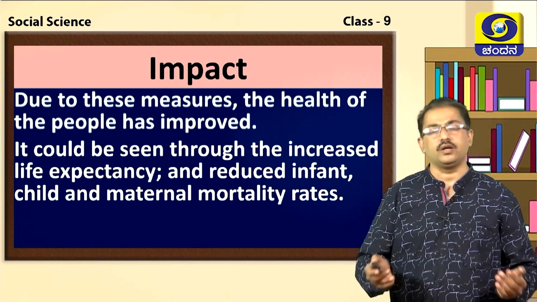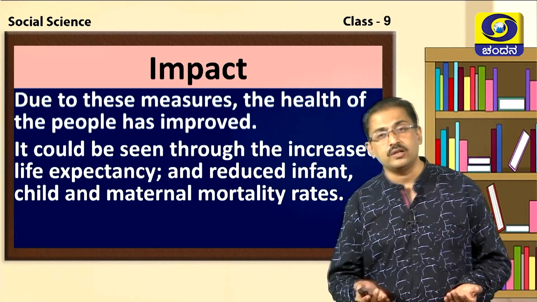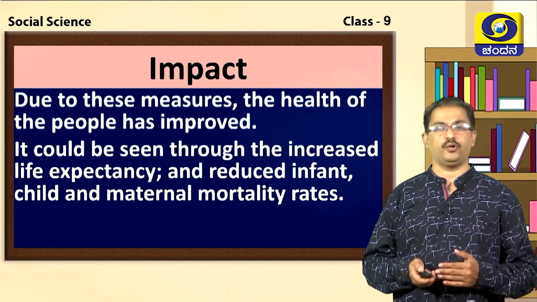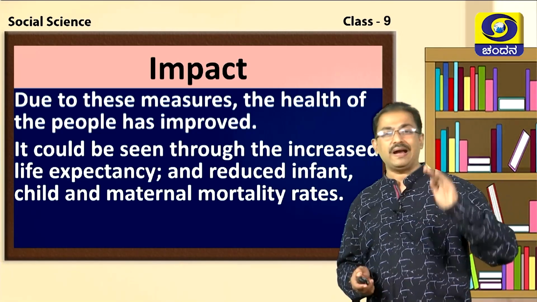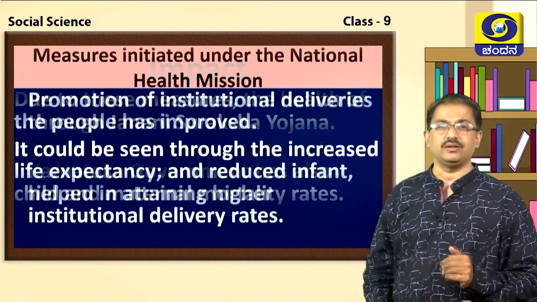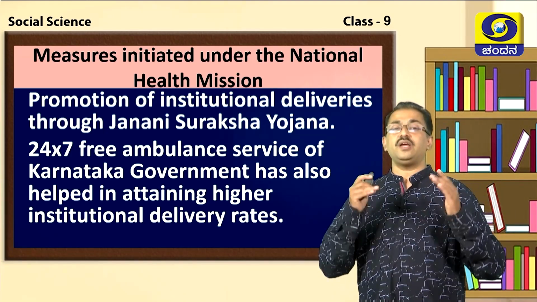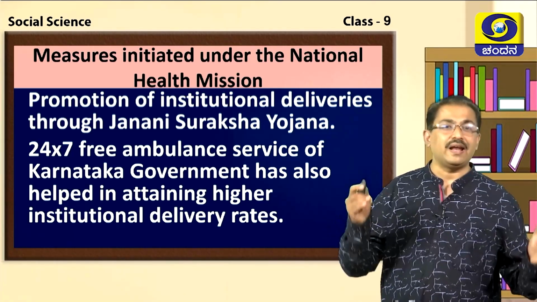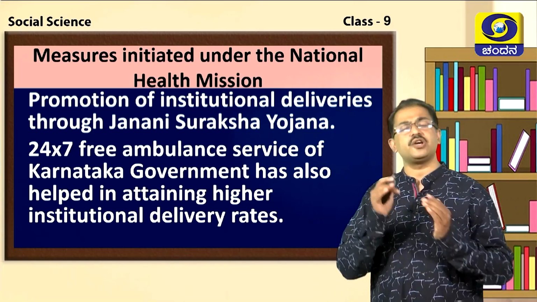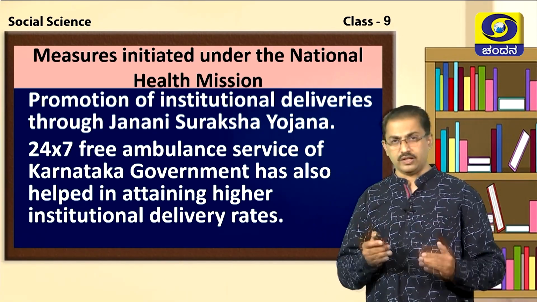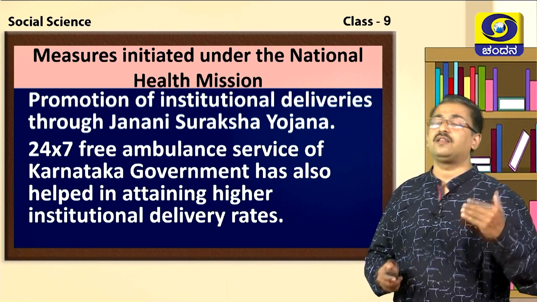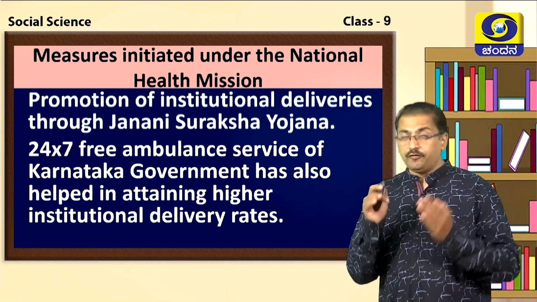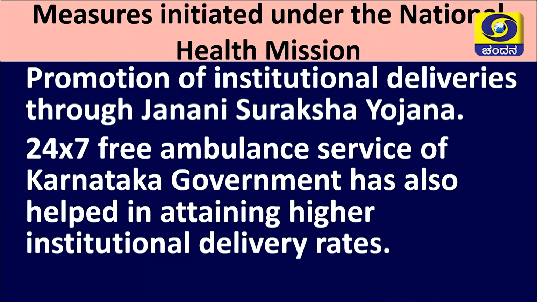What is the impact? It has resulted in the participation of more people in the workforce, and it has reduced the maternal mortality rate as well. Let us see measures initiated under the National Health Mission. First of all, Janani Suraksha Yojana is designed to take care of the health of pregnant women. 24/7 free ambulance services are also introduced by the government of Karnataka, which has helped in attaining higher institutional delivery